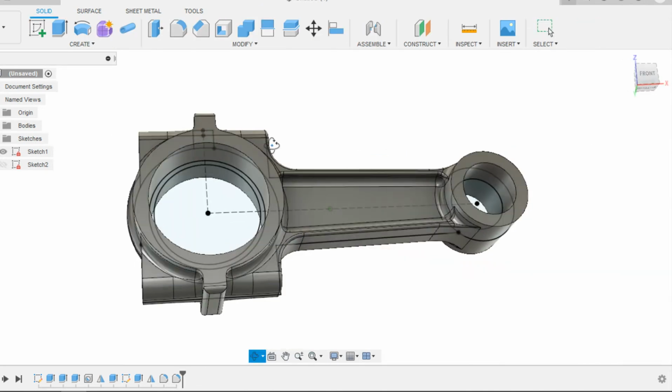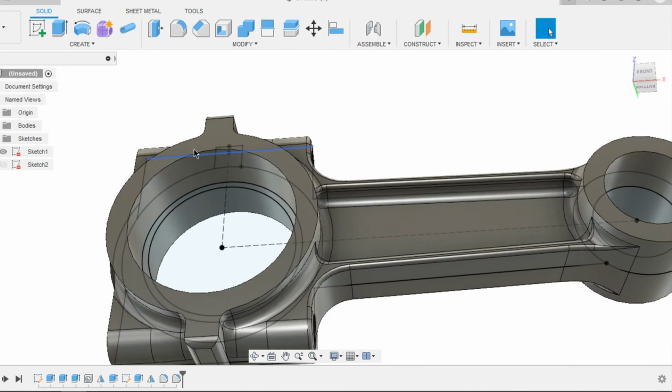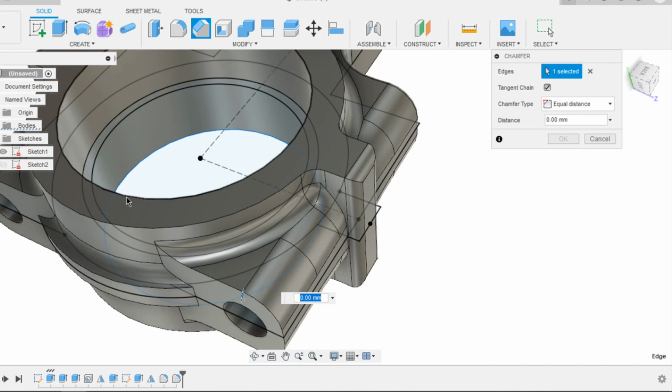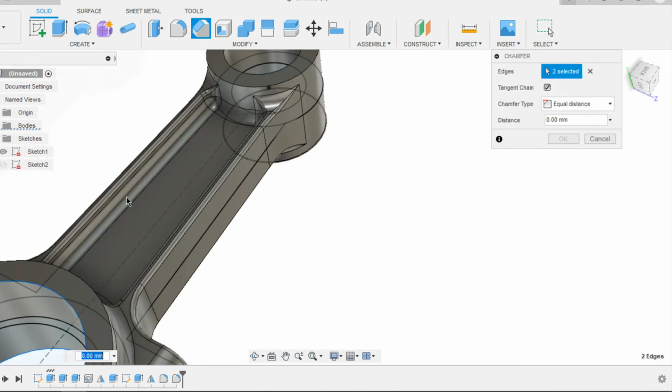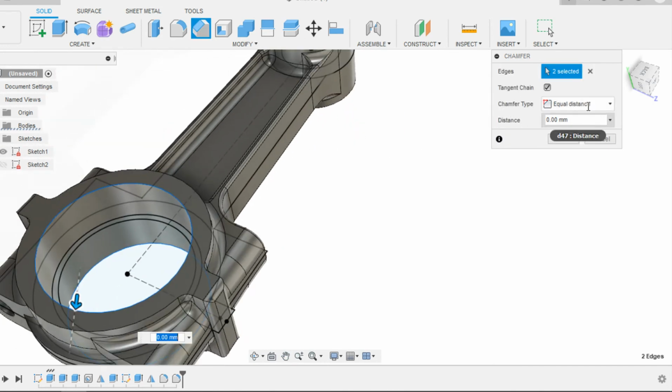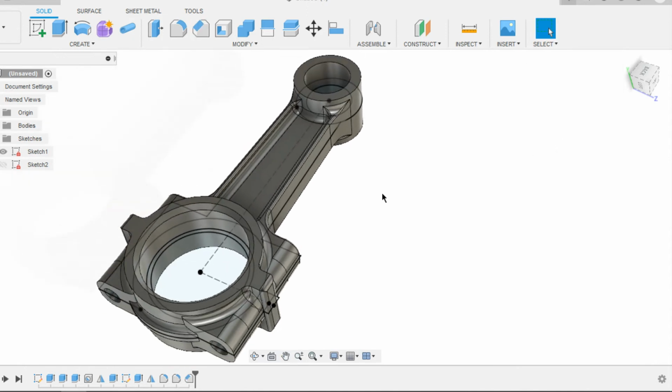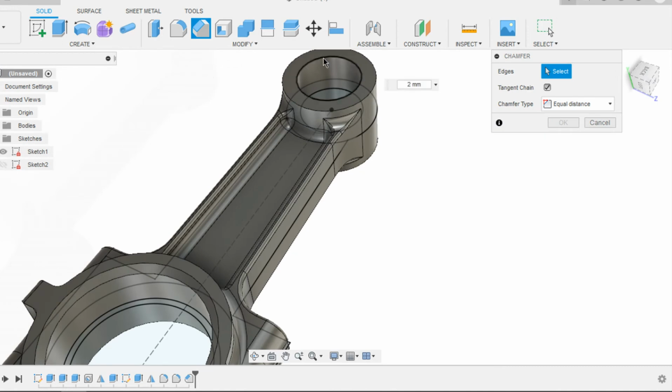and before extruding I wanna chamfer these edges. Select these 2 edges and distance be 2 mm. Repeat the same on the other side.